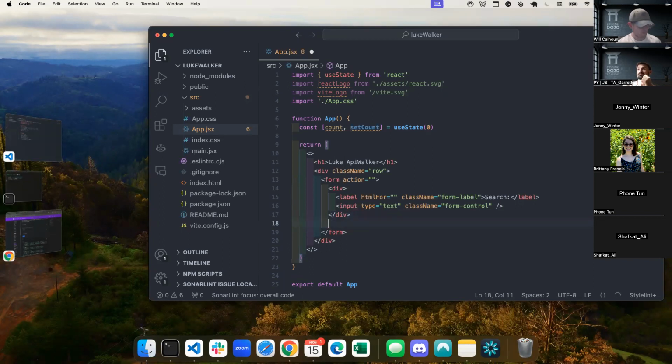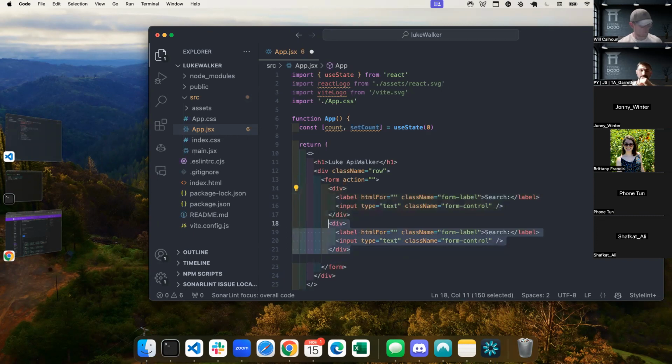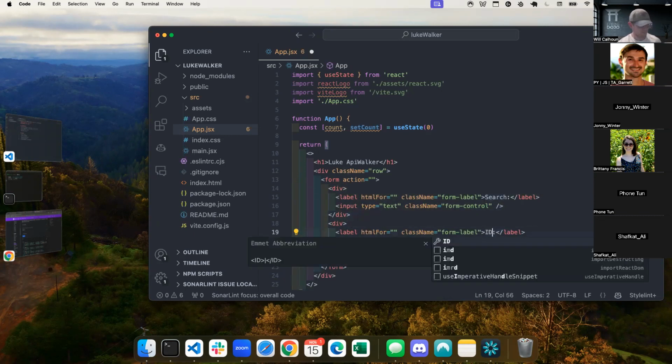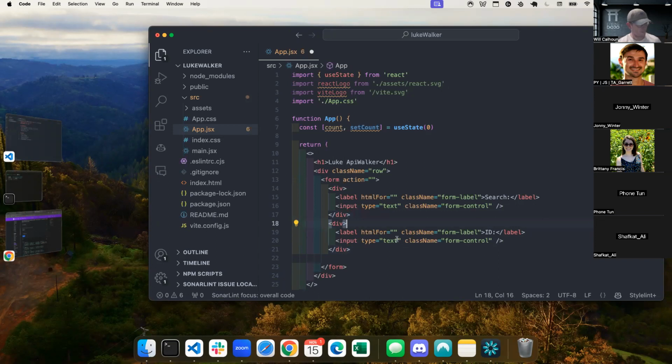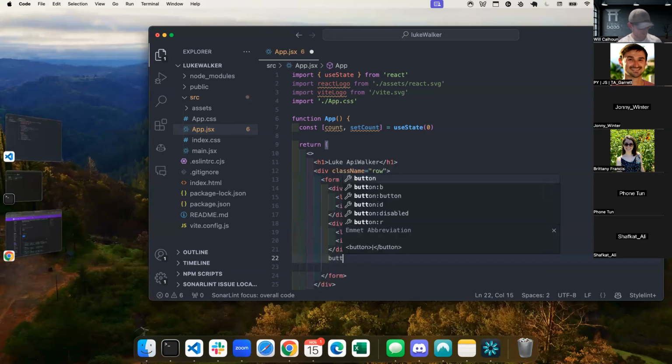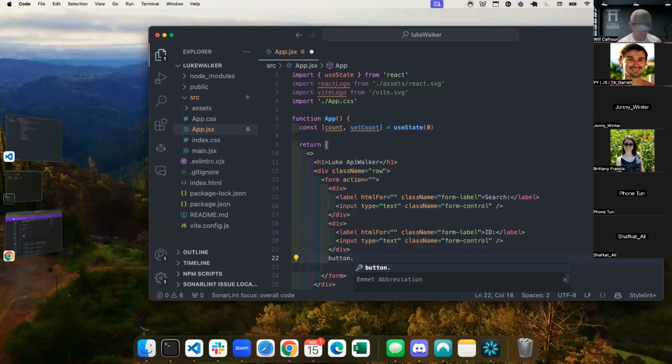And then I have another div. Let's do the same thing. And then I'm going to call this ID. That's fine. And then I'm going to have a button dot btn